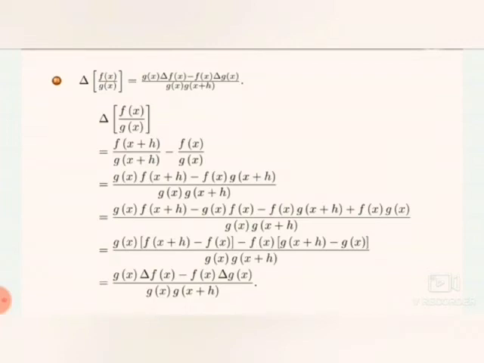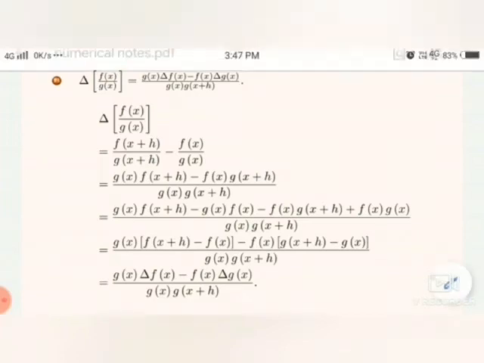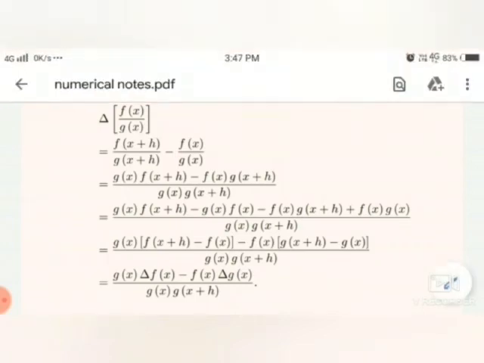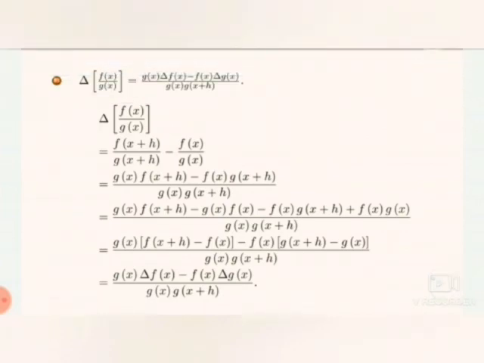And now you have to add and subtract a different function, because I have to arrange the functions f of x and g of x as a single function order to solve the problem. So I am going to add and subtract the value f of x into g of x, minus f of x into g of x, which is a convenient way to add and subtract the function. So I need the function f of x into g of x. So I have added and subtracted the function, and now combine the functions with the common values.